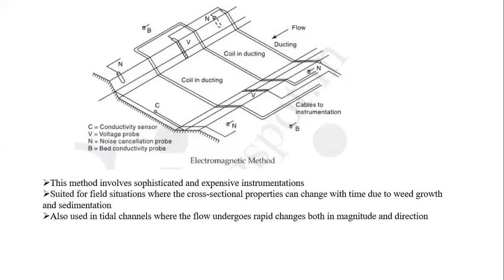Then the next method we will go for is the ultrasonic method. This is also a direct method which is used for measurement of discharge or for gauging a stream. अभी अल्ट्रासोनिक यानी कि क्या रहता है कि एक जगह से हमने यदि साउंड पास किया तो दूसरे जगह पे और उसको जितना वक्त लगता है बैक में उसका साउंड आने के लिए, उसको हम मेजर करते हैं और उसके हिसाब से जो भी लगने वाला टाइम है वो मेजर करते हैं और उसके हिसाब से हम वेलोसिटी मापते हैं.